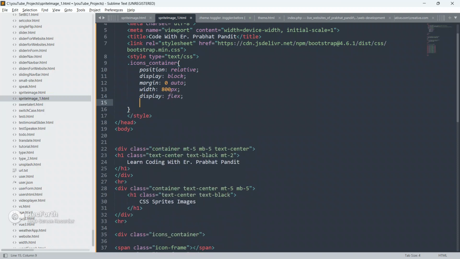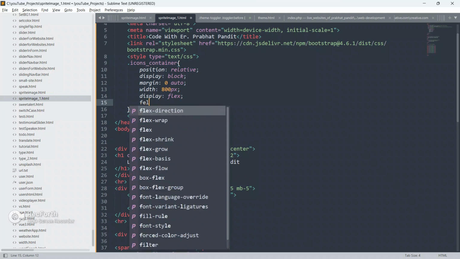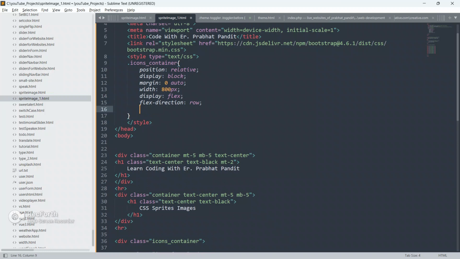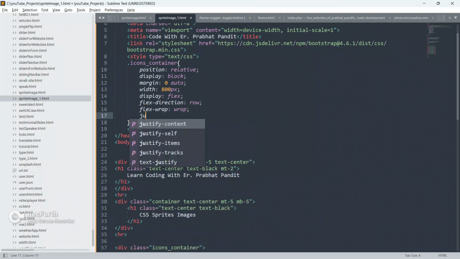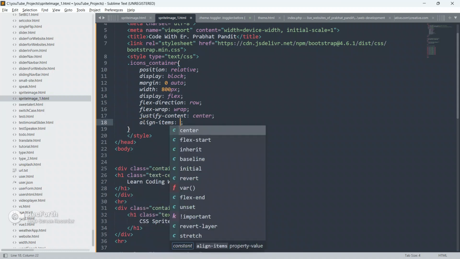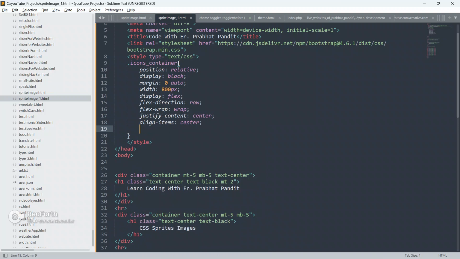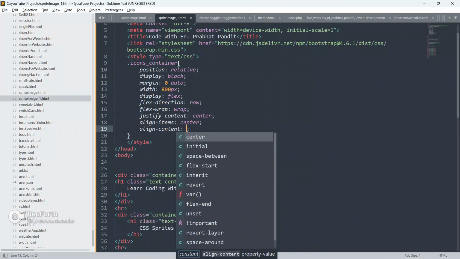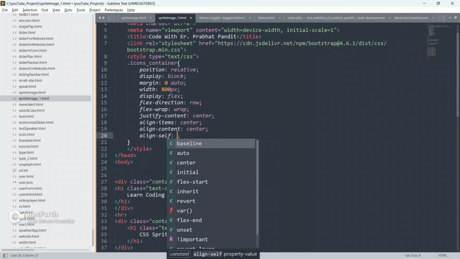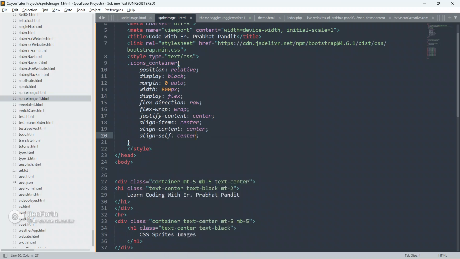Okay, put display as flex, put flex direction as row, put flex wrap as wrap, put justify content as center, give align items as center also, give align content also as center, and give align self as center also.